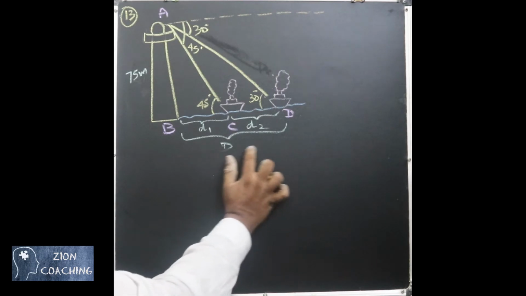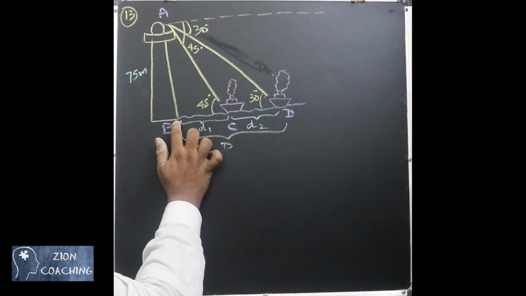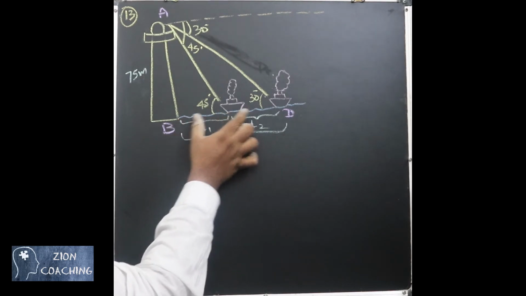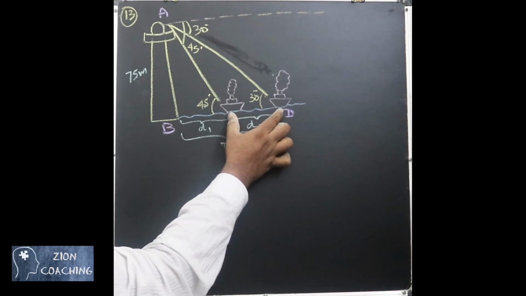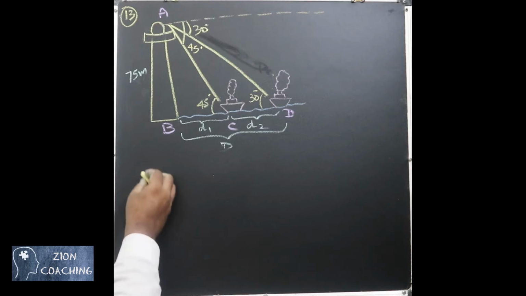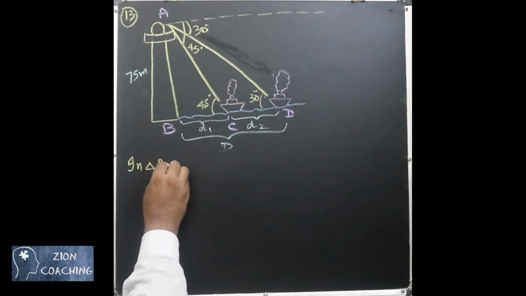So from the total distance of the second ship from the foot of the lighthouse, if you can subtract the distance of the first ship, then the remaining distance is going to give you the distance between the two ships. For that, first we will take the first triangle. In triangle ABC,